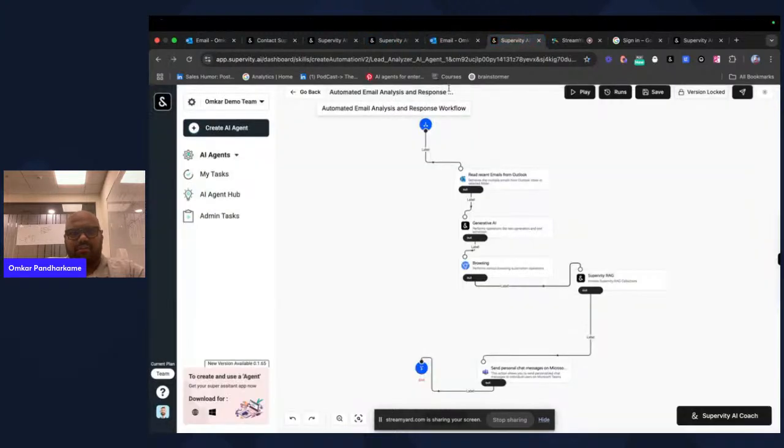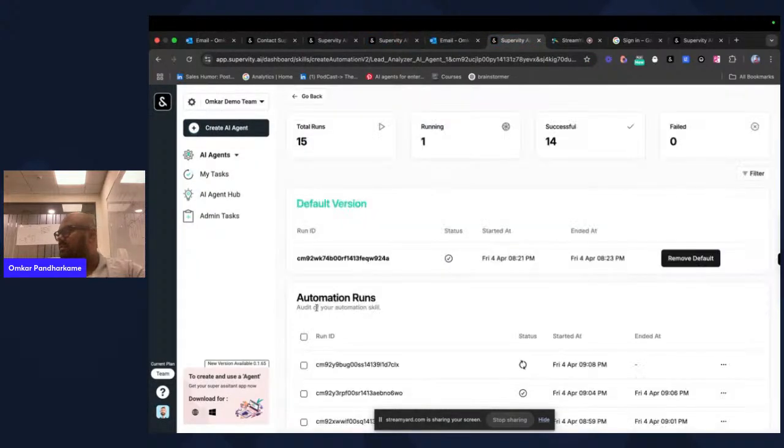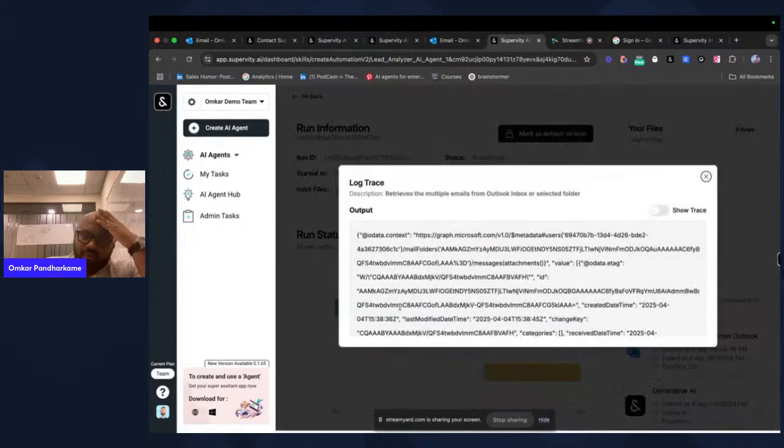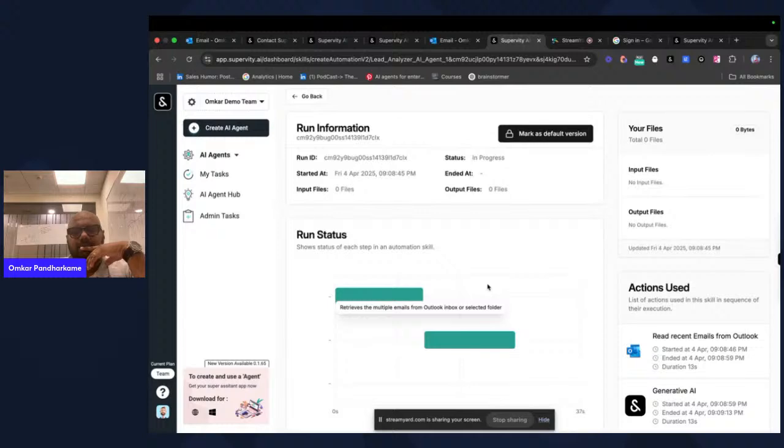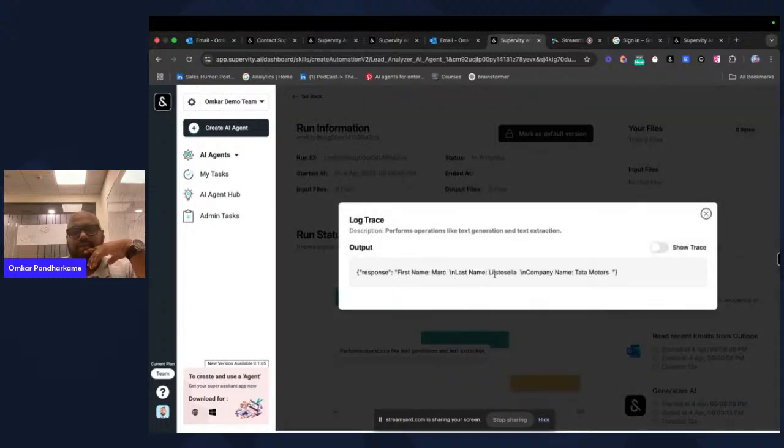Okay, let's see if it has triggered. Let's click on runs. Okay, so this has happened. Okay, brilliant. First name Mark, last name Listasola, and Tata Motors.